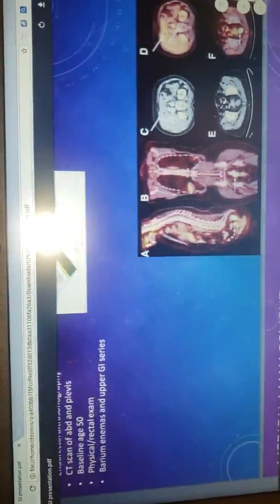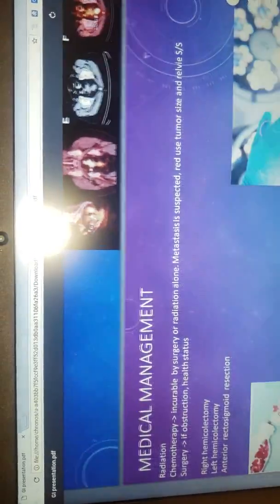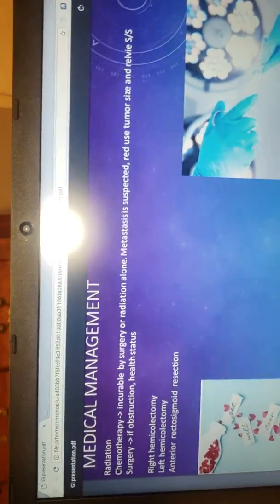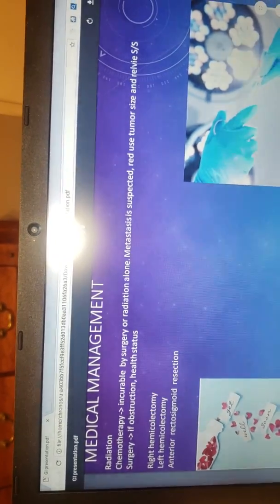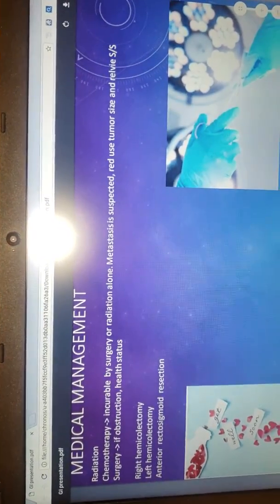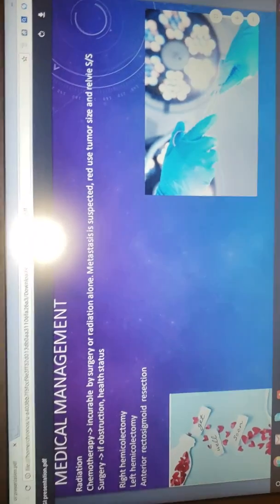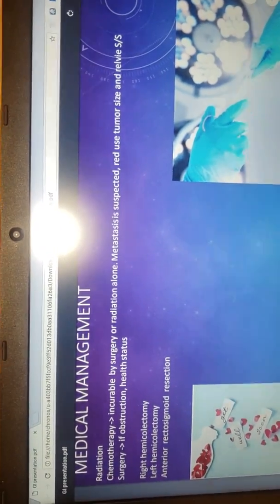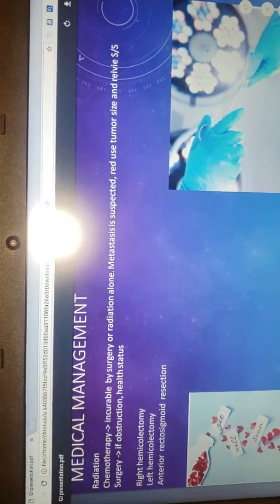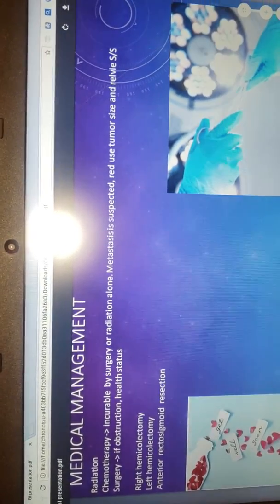Let me scroll down. Okay. Medical management. You can do chemotherapy. Of course, chemotherapy is when surgery and radiation doesn't work. If it's incurable by both of these things, if it metastasizes, suspicious, or